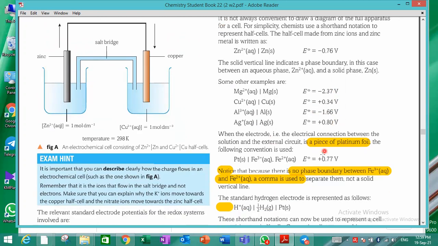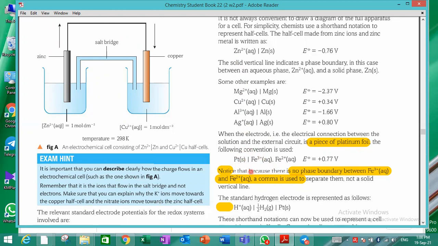Now, what if we have a solution? As we measured, we had two aqueous solutions like iron plus 3 and iron plus 2, and we wanted to measure the standard electrode potential between iron plus 3 and iron plus 2 ions. We constructed a cell, as we have seen, in which we place a platinum metal in a mixture of these two solutions. So in order to express it in the cell diagram way, we write the platinum solid first,